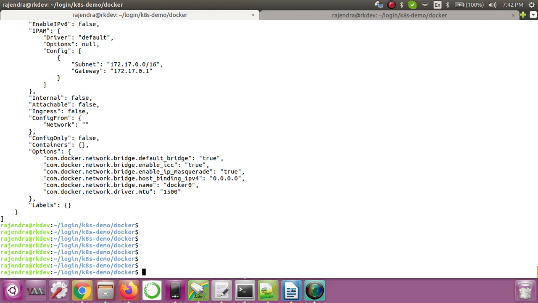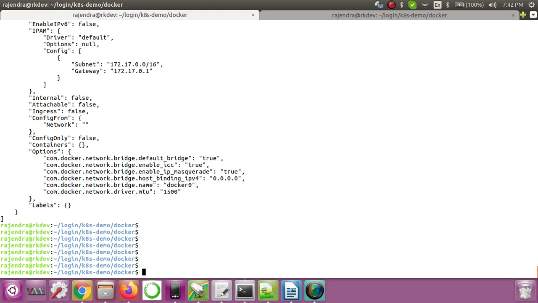To isolate that, all the containers I have started on this X bridge can interact with each other with the help of this bridge. And on Y it's the same thing: we have a group of containers which are interacting with each other with the help of the Y bridge. But let's say there is one container in the X group which also wants to interact with a container available in the Y bridge.